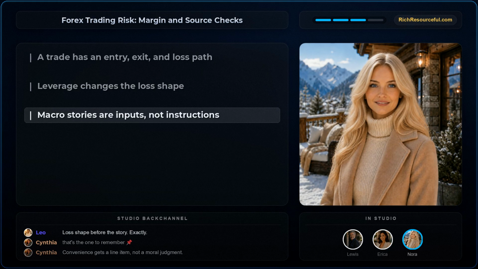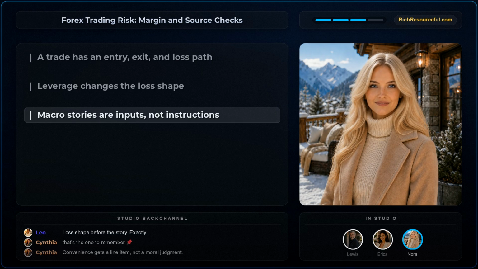I want to slow that down. When leverage is involved, a modest market move can have a large effect on the funds committed. Requirements, liquidation practices, financing, and product structure depend on the agreement. That's why "I only deposited a small amount" isn't a complete risk statement.